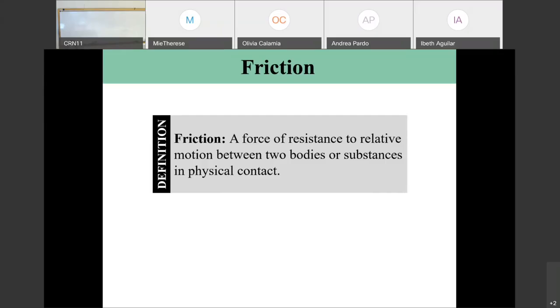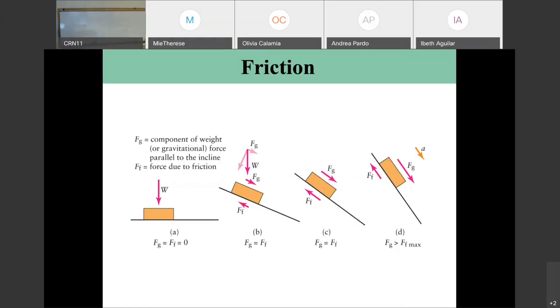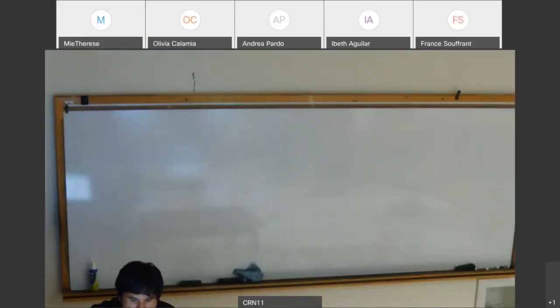We have to understand the idea of the friction as a resistance relative to motion, okay? So remember, if you look at this picture here, we have friction due to a body on top of a table, right? And actually, for this, let's use a whiteboard for this. Okay. So